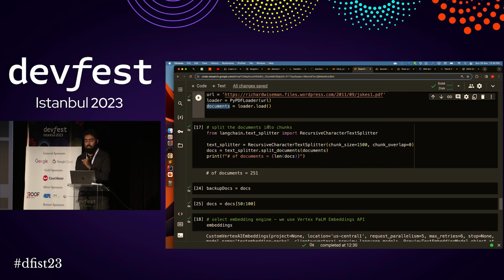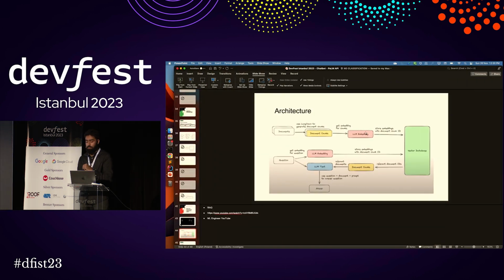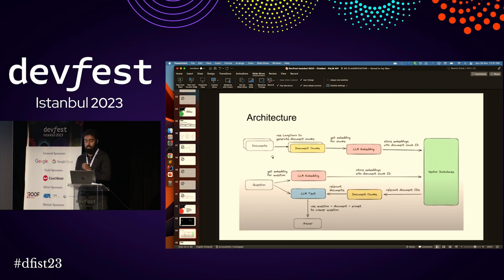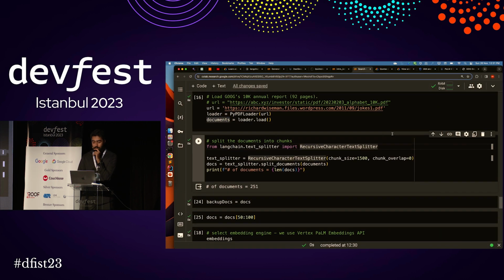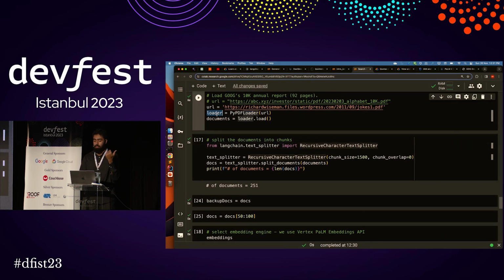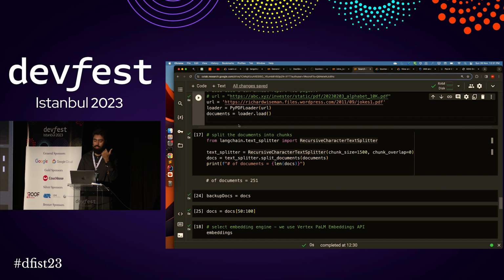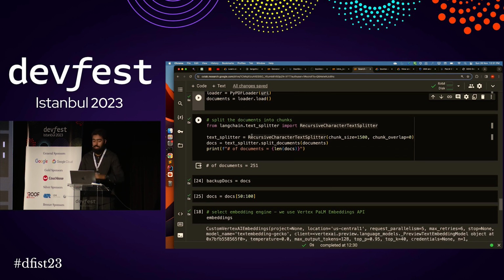The second part is we saw that we need to divide the document into chunks and then convert it into embeddings, store it into a vector store, and then it will be ready for retrieval. So that's what we are trying to do. There's a loader available in the library, and we load this document from this website, and we split the text into chunks here.